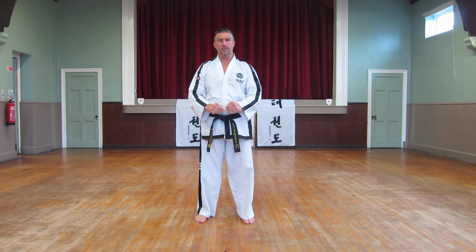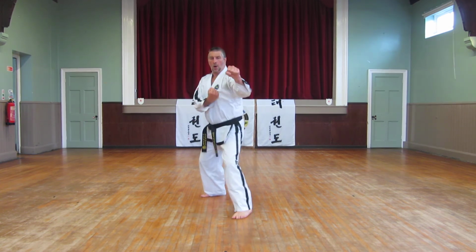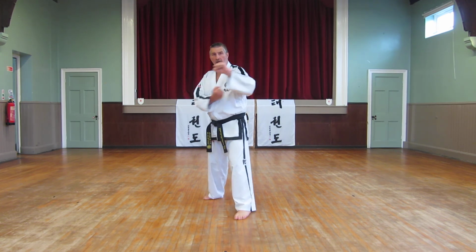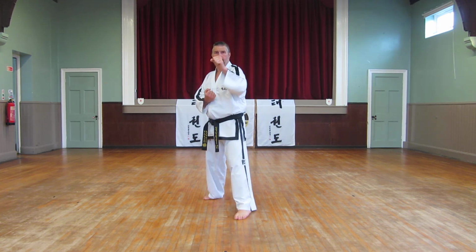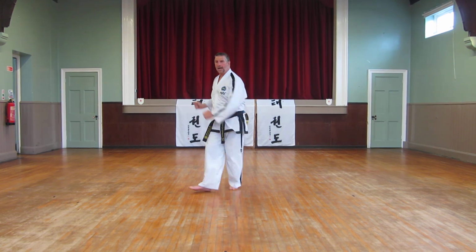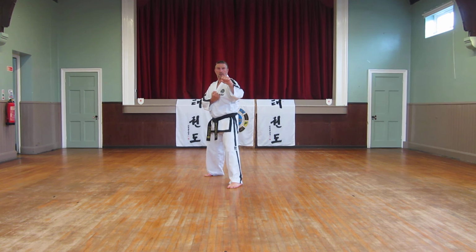Okay, and this time I'm going to step back with a forearm guarding block. So this time I'm on the inside of the arm, so the arm's going to go that way. And then I'm going to step back again, guarding block, and again, guarding block. Okay, from that position there, then off the rear leg,